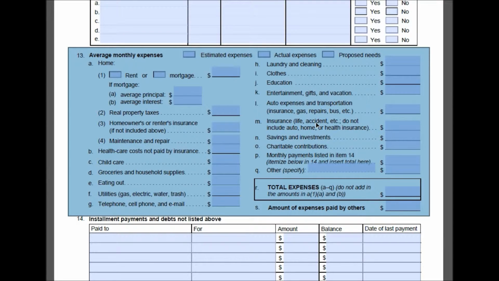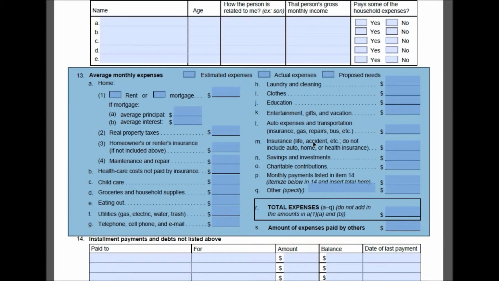You don't need to be real exact on this, but you do need to be fairly close. You can't just make numbers up, but you have to put down figures that sound reasonable. And keep in mind that whatever you put here is going to be filed with the court, and the other party in the case is going to see it also. So if you exaggerate or take excessive liberties, for example with your education expense each month, and the other person knows about it, they could tell the judge.